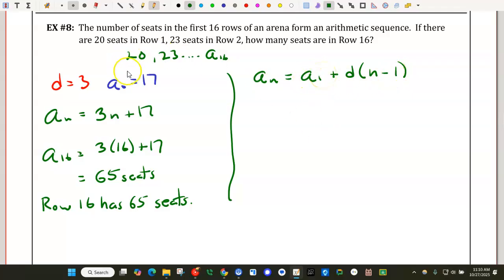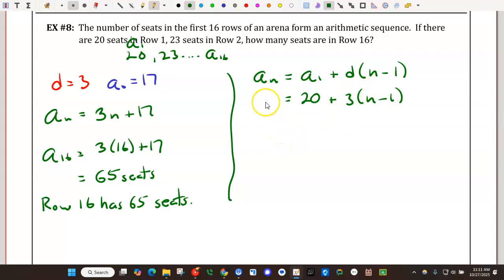So if it doesn't give you the first, second, third, and it gives you other information, you might have to use this version, which is like point slope, meaning you can use any number sequence anywhere, not really the first one, which is easy to get to the 0. So if you can't get to the 0 term easily, you probably want to use this, and it would work just the same. So here, a sub 1 equals 20, right? So for a sub 1, we'd have 20 and we can plug in